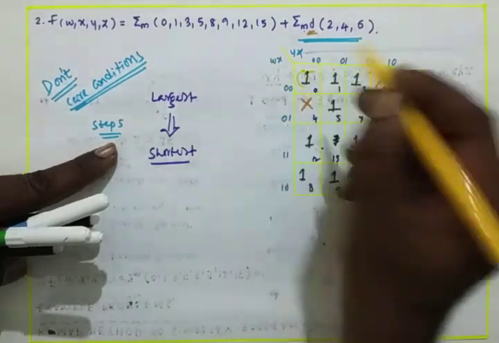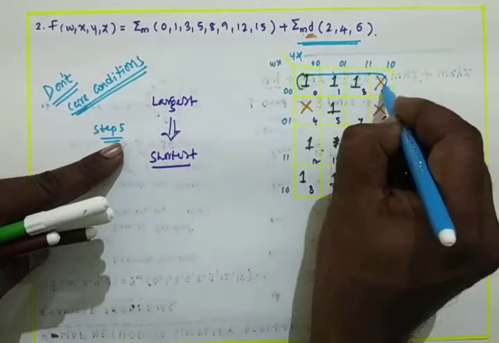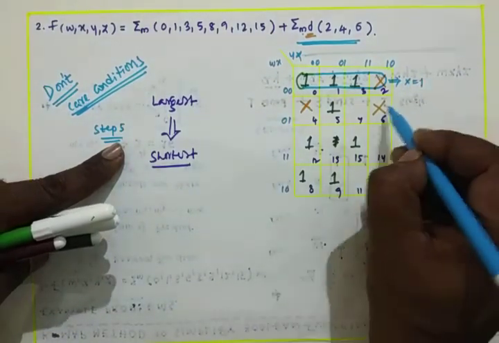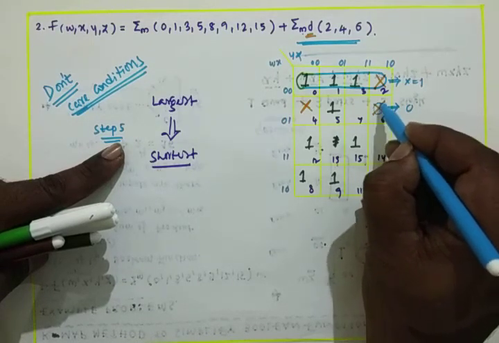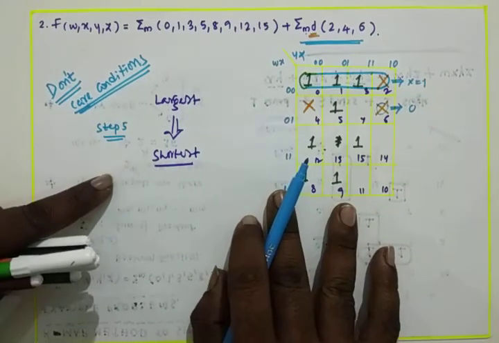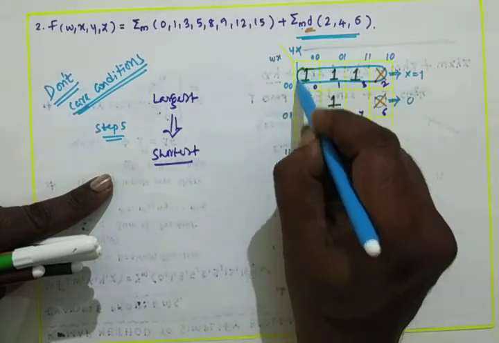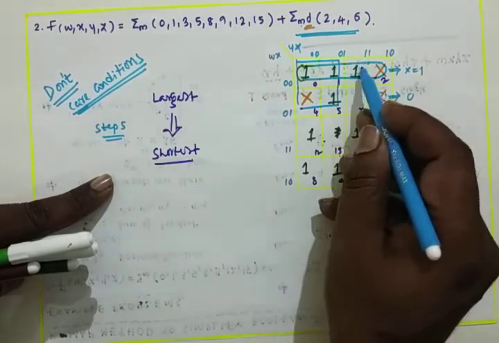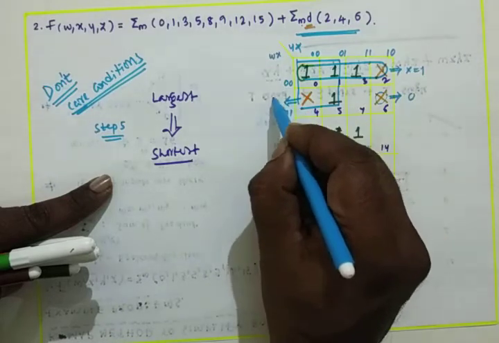In the first row we are having 4 adjacent ones. See this one, this is 4 adjacent ones. If I am assuming x is equal to 1 here, and here I am assuming x is equal to 0, so that it is not 1, we no need to make a group. And coming to here, I am assuming this is also 1, so that it also forms one more quad. How many quads do we have now? 2 quads, by assuming this x is equal to 1 and this don't care condition x is equal to 1.